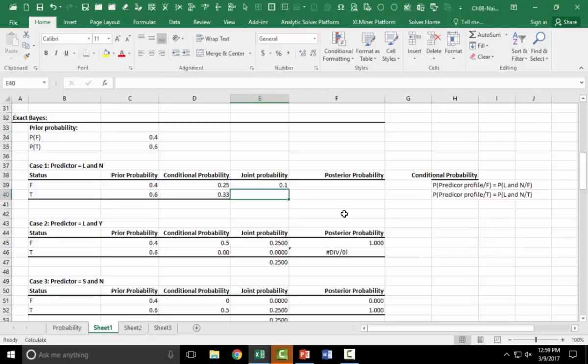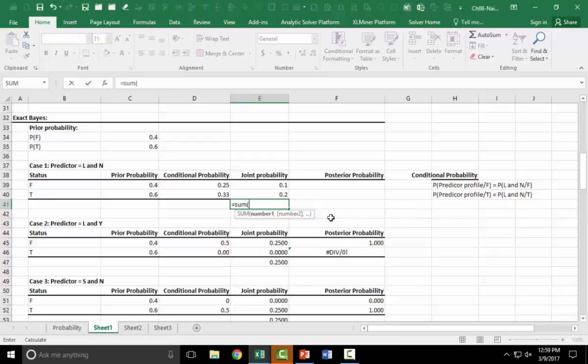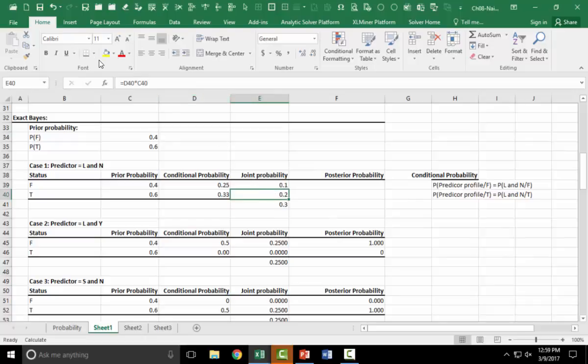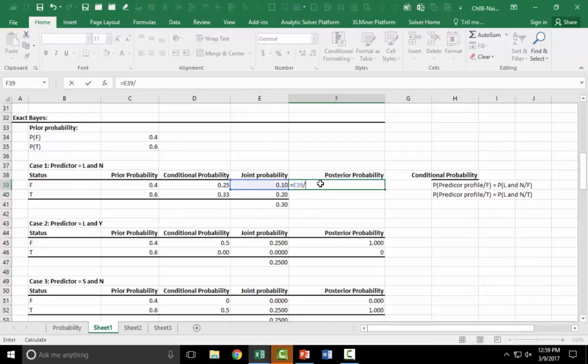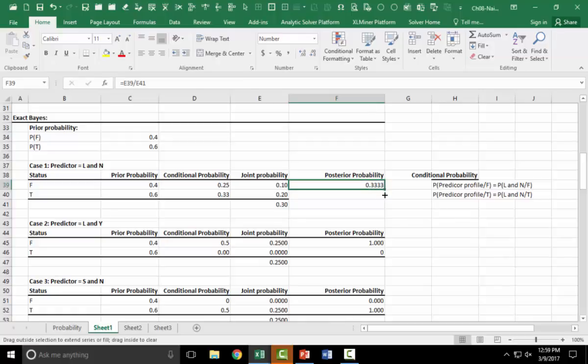So that's the formula, and then you copy that down, and when you sum these two, you get the marginal probability for the predicted profile, and then you divide that into the joint probability and you get one. That should be